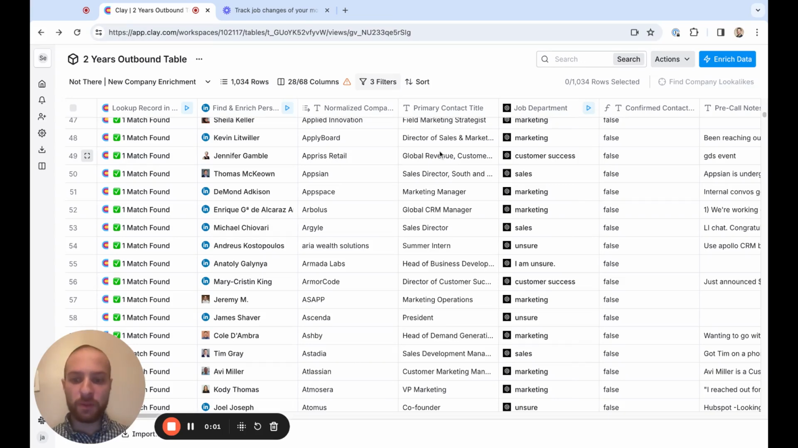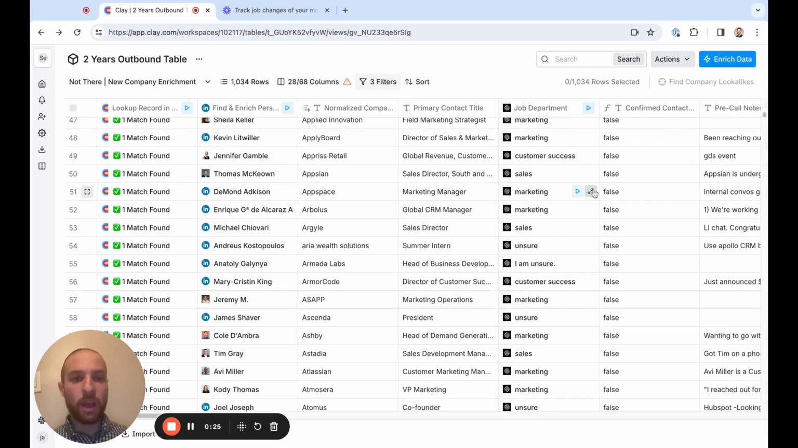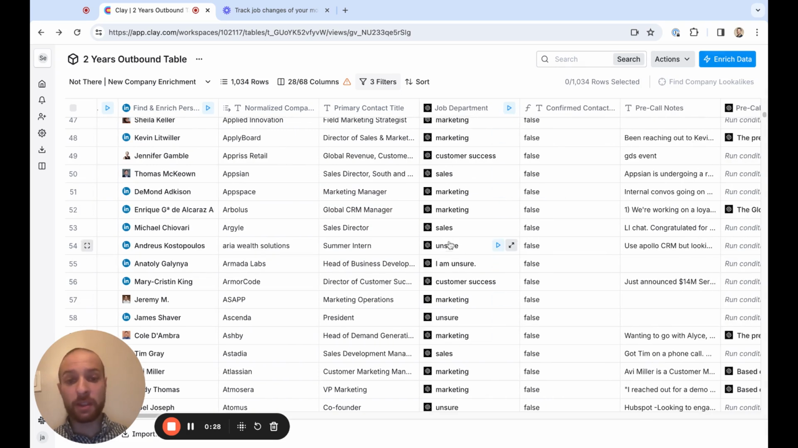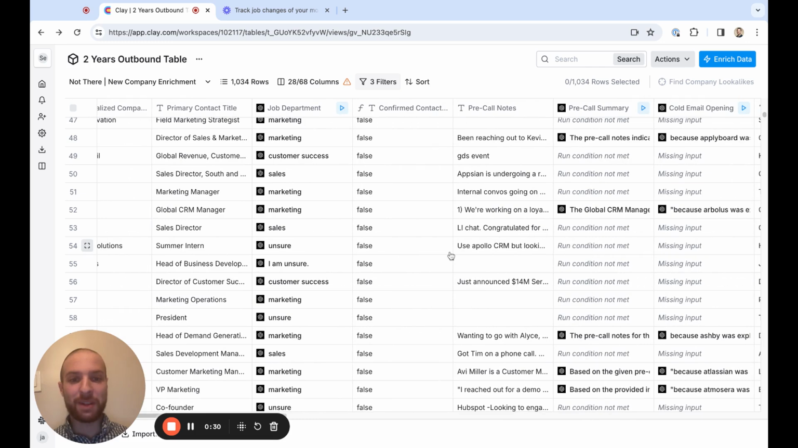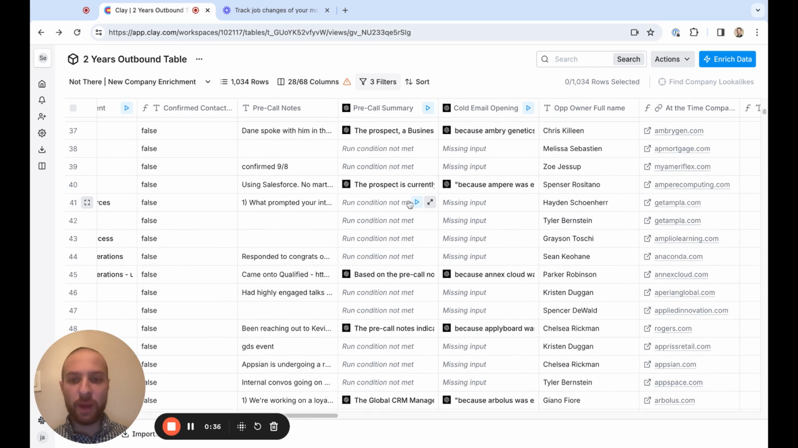So I've created a new filter view of all the people who have moved on to a new company. All of these people are people that we used to be speaking with in some sort of a sales cycle that have left that old company and have since moved on to a new company. So we have their LinkedIn data, all their LinkedIn information here, and their new primary title where they're working, the department where they're working, the pre-call notes from the old sales cycle, and if possible, we have